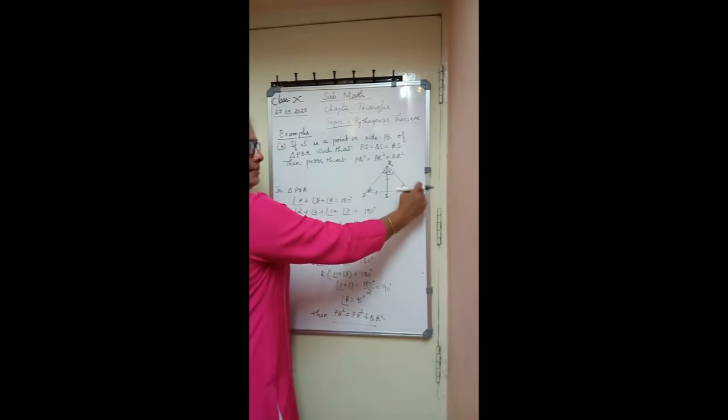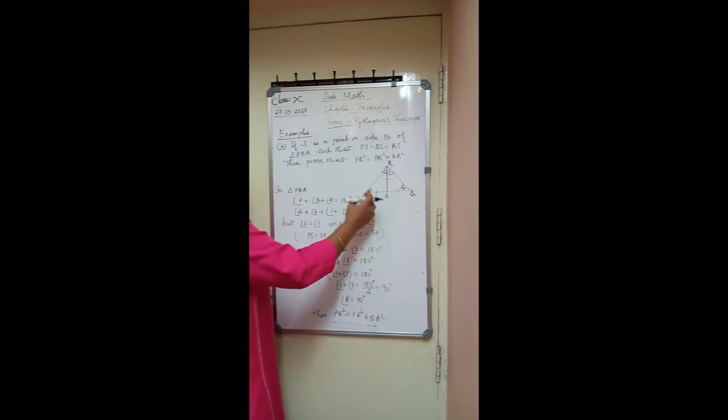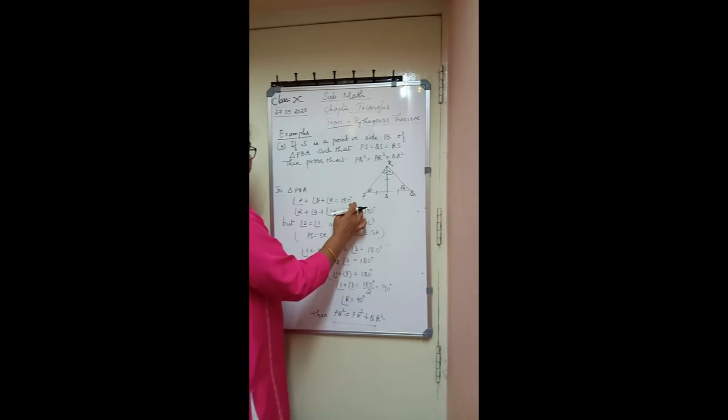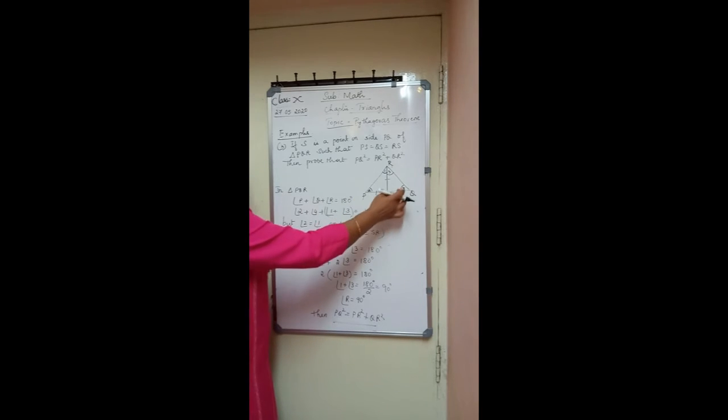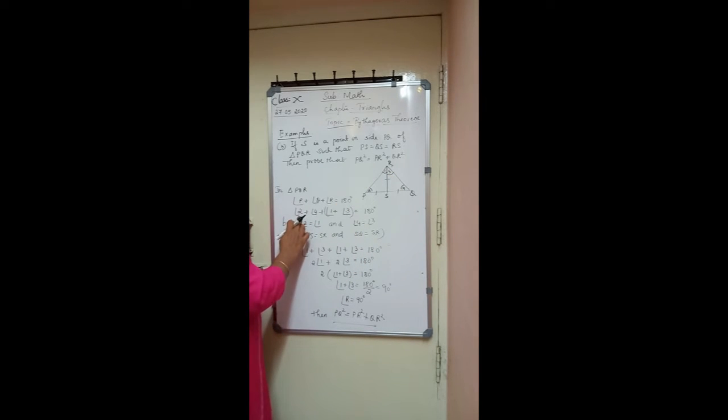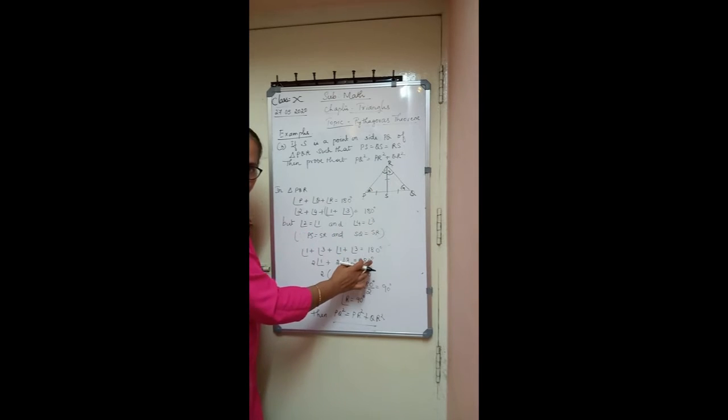Now apply the angle sum property of a triangle. In triangle PQR, the sum of the three angles equals 180 degrees. In that, angle P equals 2, angle Q equals 4, and angle R equals 1 plus 3 together. Now angle 2 is equal to 1, angle 4 equals 3, so you replace 2 and 4 by angle 1 and 3. You will get 2 angles of 1 plus 2 angles of 3 equals 180. So 2 is common: 2 times angle 1 plus 3 equals 180.